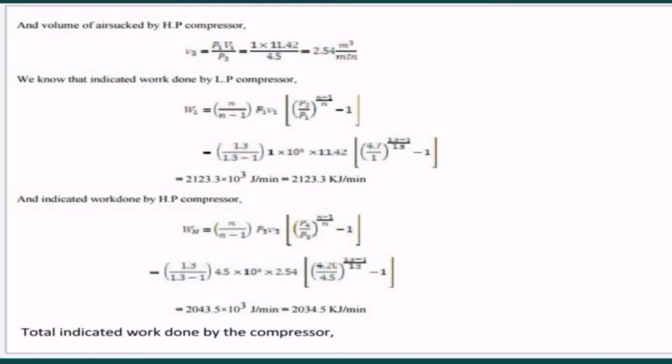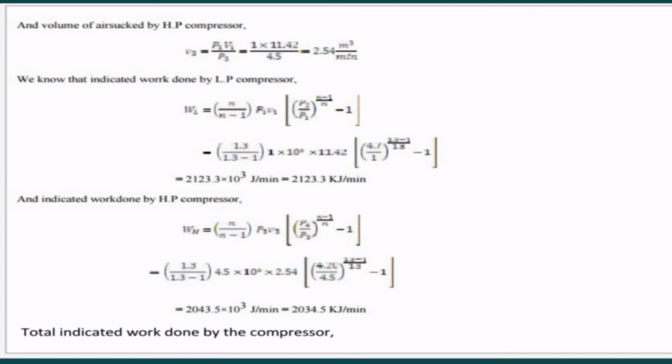Substitute the values: WL is equal to 1.3 over 1.3 minus 1 times 1 times 10 raised to 5 times 11.42 times the parenthesis of 4.7 over 1 raised to 1.3 minus 1 over 1.3, minus 1. WL is equal to 2123.3 times 10 raised to 3 joule per minute,